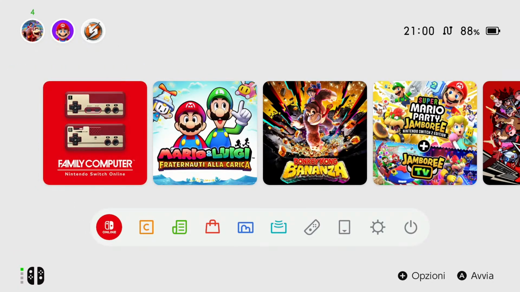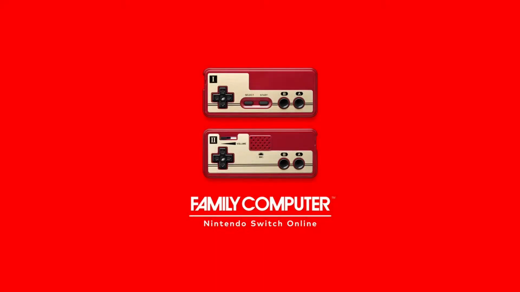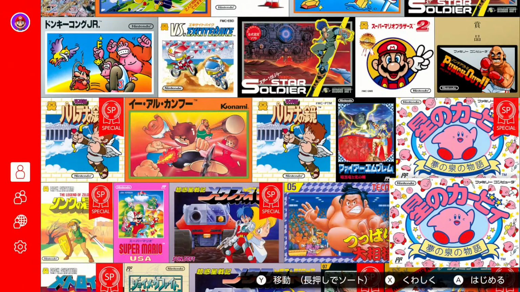So we can open now the Famicom app, Family Computer app. And here it is. But just like for Zelda, first and foremost, we'll study the kanji that are in the title. Of course, we also have